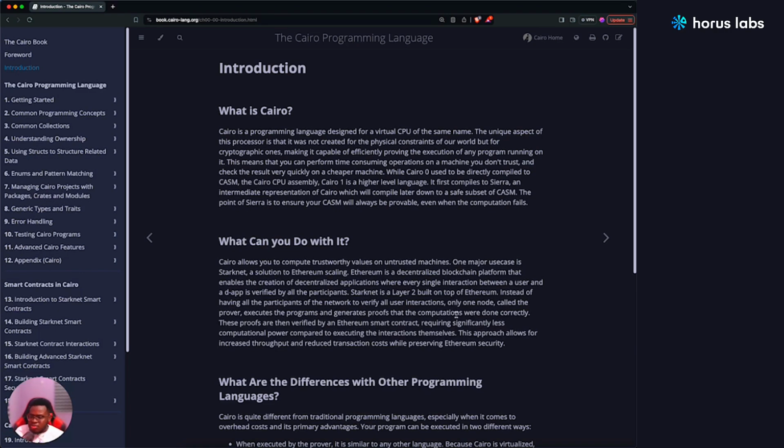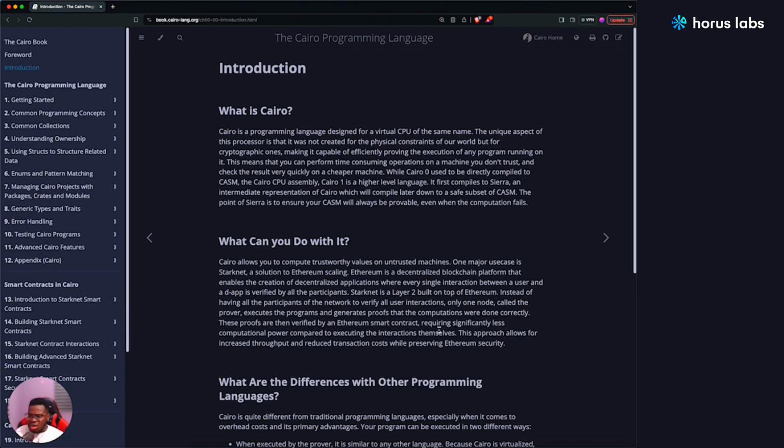Rather than everyone executing transactions on Ethereum, the transactions are executed off-chain on StarkNet and passed to the prover, who generates a proof that all these transactions were done with integrity. This proof is sent to the verifier smart contract on Ethereum, which verifies that the proof generated is